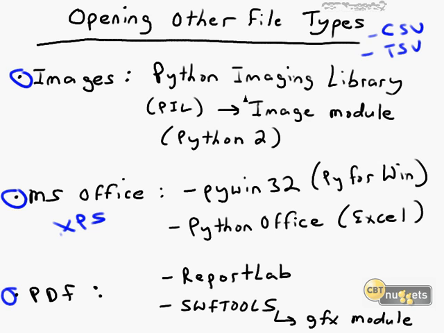With images, your go-to is going to be the Python Imaging Library, PIL, which is a collection of modules. The one that you want in particular is the image module. Here's the downside with Python Imaging Library. As of this recording, it's available only for Python 2. Now, you may be able to get a beta version, or I'm not going to say hacked, I'll say adapted version of the PIL for Python 3, but this harkens back to the fact that Python 3 is still relatively